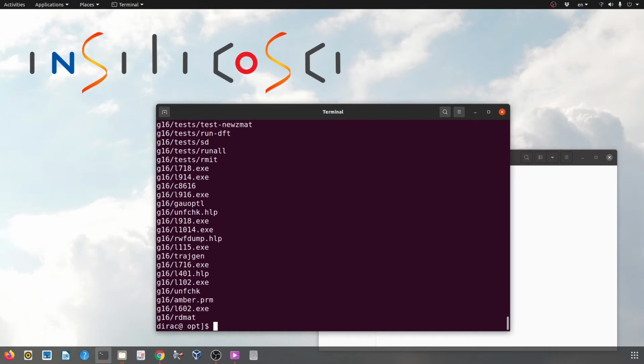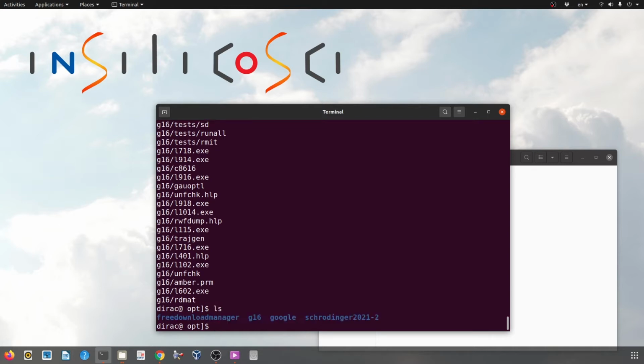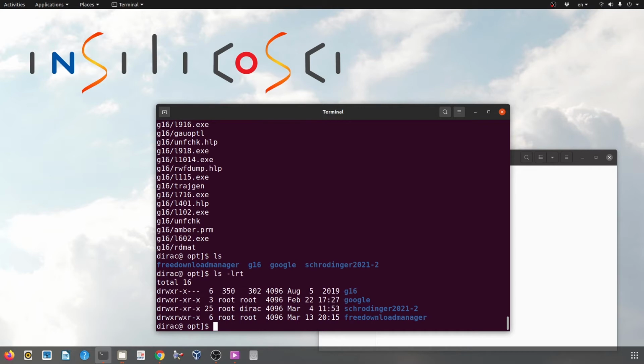Now the extraction is complete and I can check the existence of the Gaussian folder by this command ls, which shows me that the Gaussian folder is here, or I can use ls -lrt, which shows me more detail of this folder.